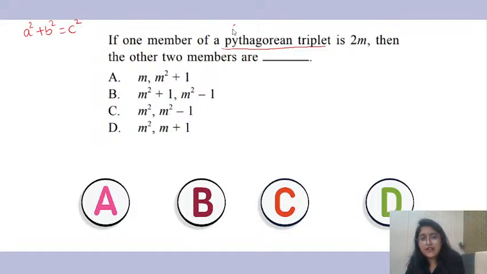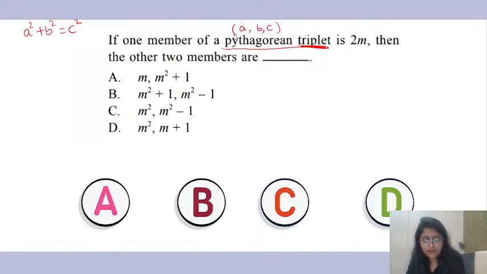Triplet means three numbers, like A, B, C. When three numbers are in this form, it is known as a Pythagorean triplet when the square of the first number